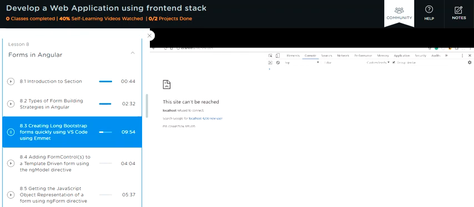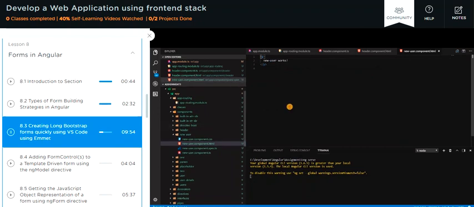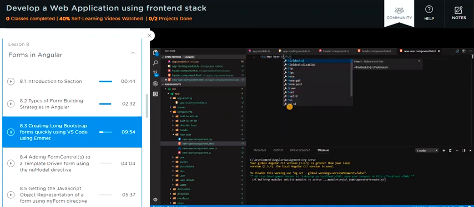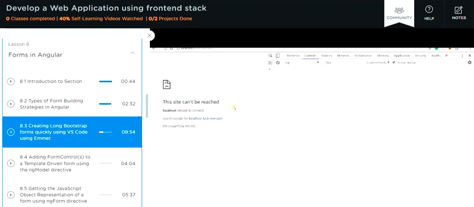So once, let's wait for it to load. Meanwhile, let's go to the template of new user and get rid of the paragraph tag, and in an h3 tag, I'll name this a new user form. Okay,